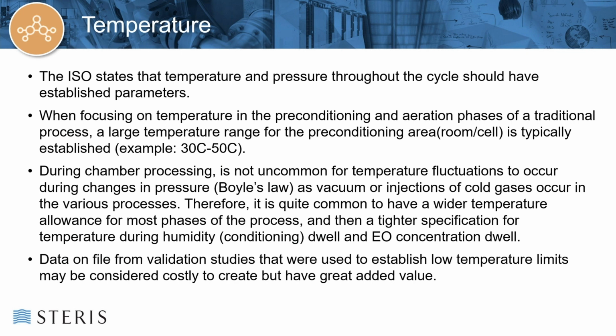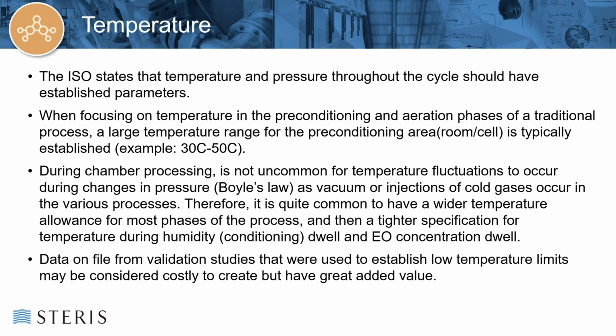Then during chamber processing, when you're putting gas, EO, nitrogen, air, whatever it is you're putting into your chamber, it's not unusual for temperature fluctuations to occur in quite wide swings because of Boyle's law and the way temperature and pressure interact with each other. So you want to make sure that you have a fairly wide temperature allowance for those phases,